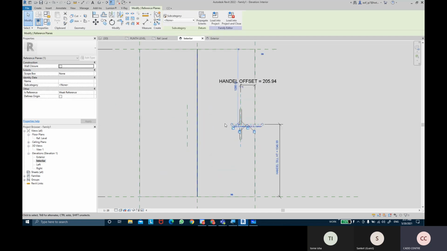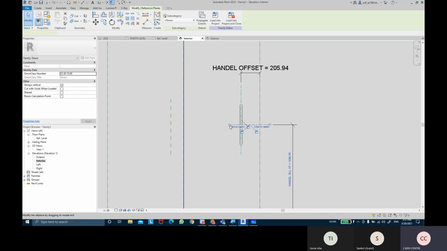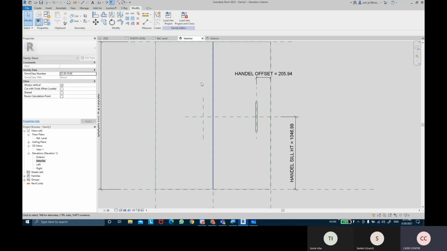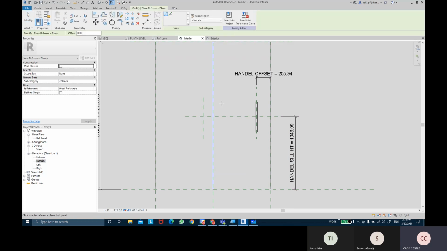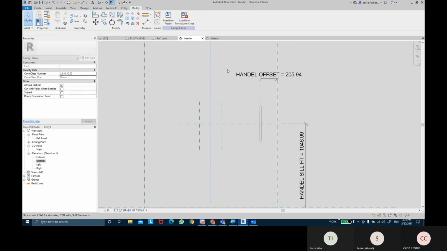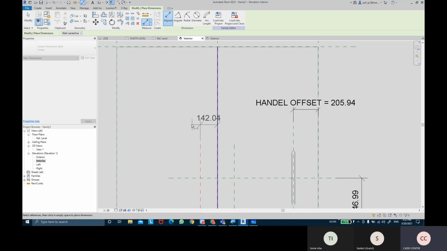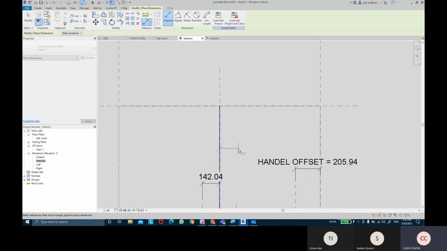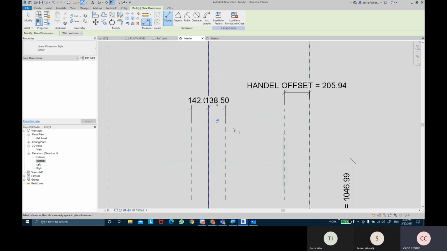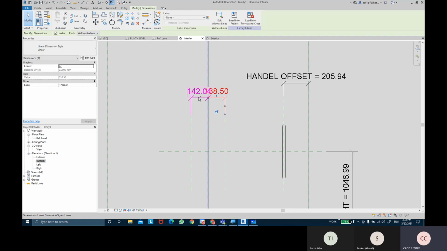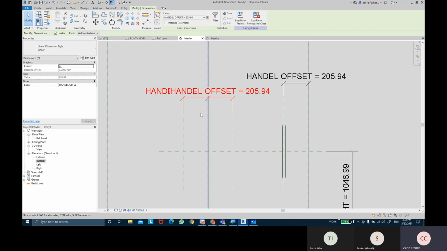I'm going to stretch this reference plane over here. And I need to create another horizontal plane at least. Create another vertical plane. This dimension from this center plane up till here, we're going to label under handle offset.